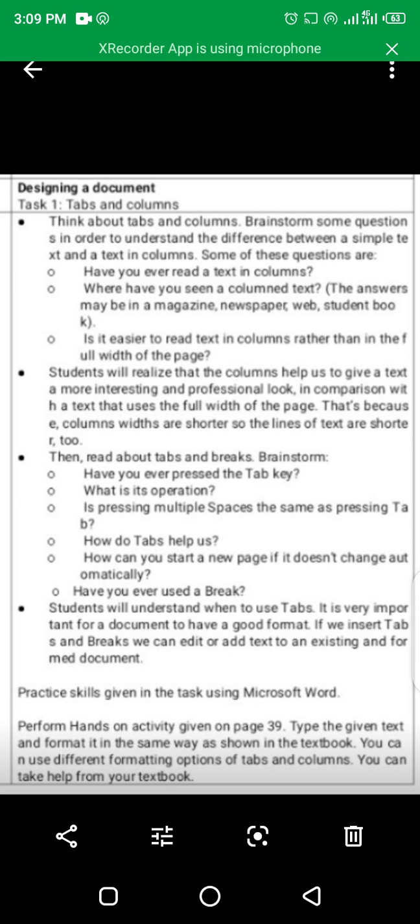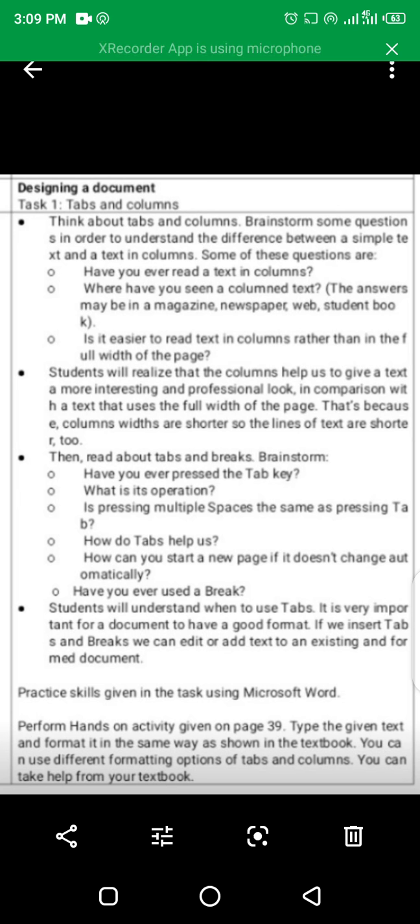How can you start a new page if it doesn't change automatically? You can directly press the Page Down button from the keyboard. Have you ever used a break? Yes, we have used it many times. If the page has ended and you want a new page, you can simply click the page break, and a new page can be inserted.